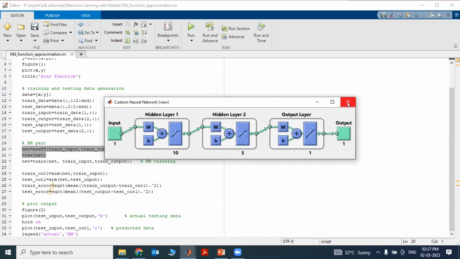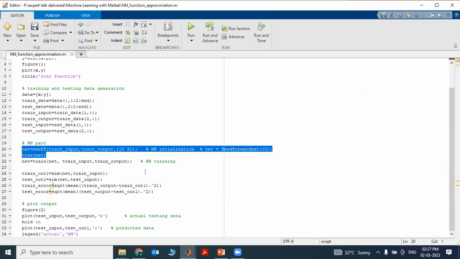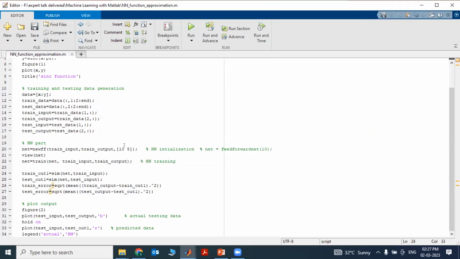So that means different options are there to change the hidden layers, hidden neurons, and everything in the command newff. Accordingly, with the help of the trial and error method, you can choose a proper hidden layer and hidden neurons so that we get satisfactory accuracy. Now this can be applied for a